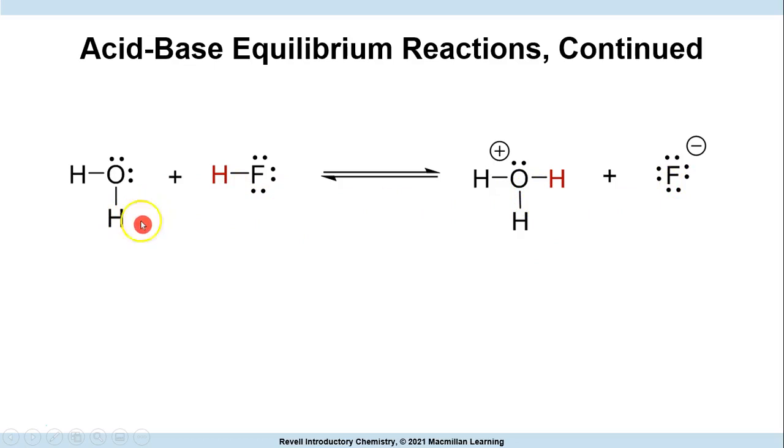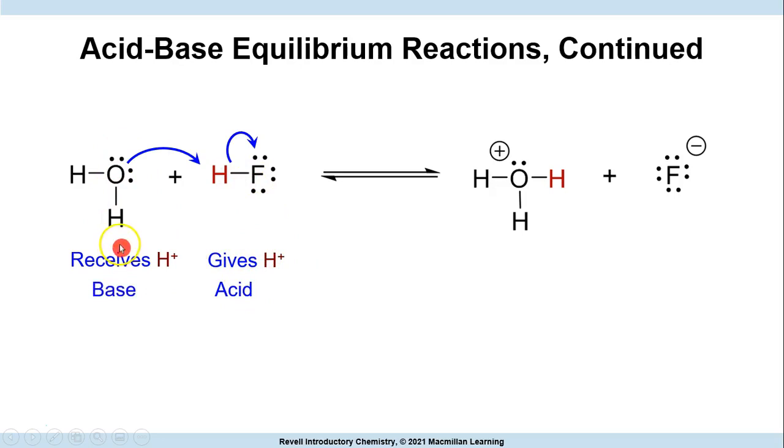So we are going to be able to identify the acid and the base in the forward reaction, and we are going to identify the acid and the base in the backward reaction. For the forward reaction, the water is going to accept the proton from the hydrofluoric acid, and we know that a base is a proton acceptor while an acid is a proton donor. So here the hydrofluoric acid is the acid and water is the base. Now that will give us the product of the hydronium ion and